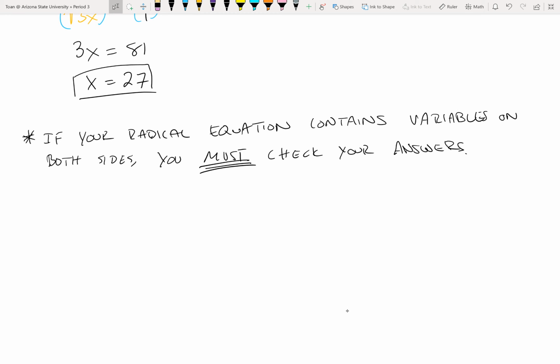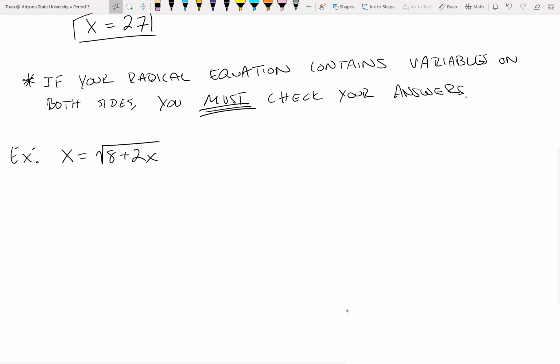Say this example. Let's solve x equals the square root of 8 plus 2x. Again, the first thing I want to do is mentally highlight the radical. So if I highlight the radical here, square root of 8 plus 2x, hey, it's already isolated. I don't have anything else on the same side with the radical, so it's safe to go ahead and use an exponent right away. So I'll go ahead and square both sides, giving me an x squared equals 8 plus